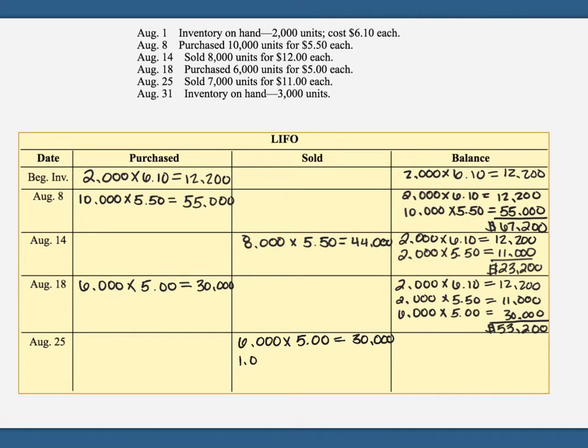We take 1,000 units from the next most recent purchase, cost us $5.50, which will equal 5,500. Then we come over and we update our balance one more time. We have 2,000 units at $6.10 for 12,200. We have 1,000 units at $5.50, which equals 5,500. So this will tell us our ending inventory